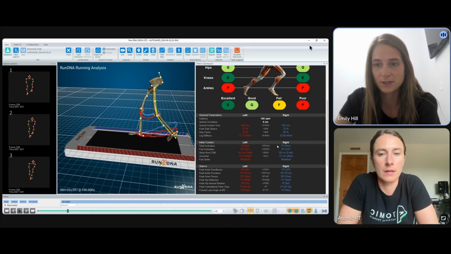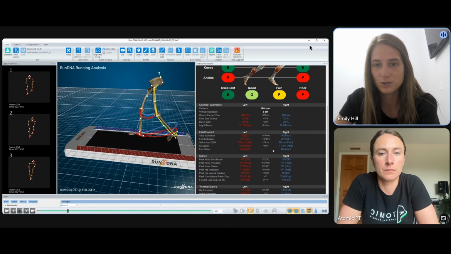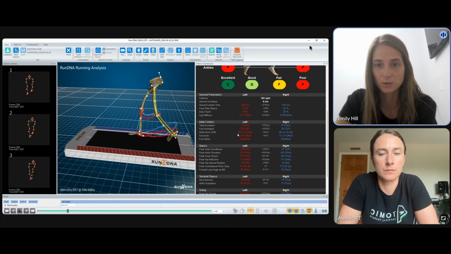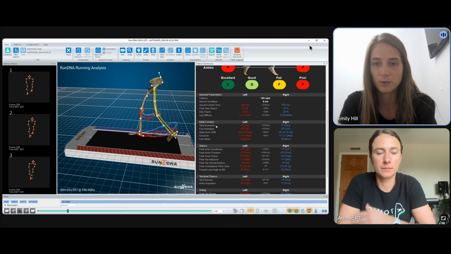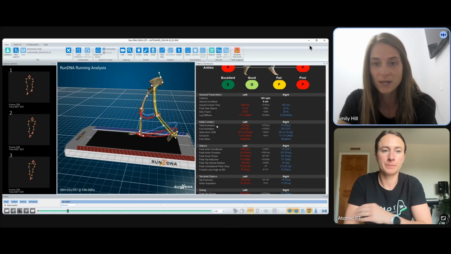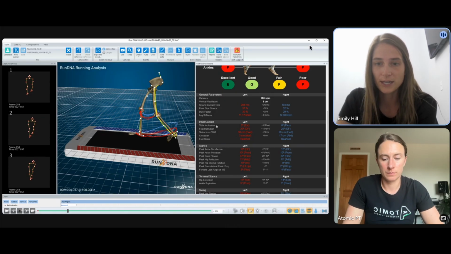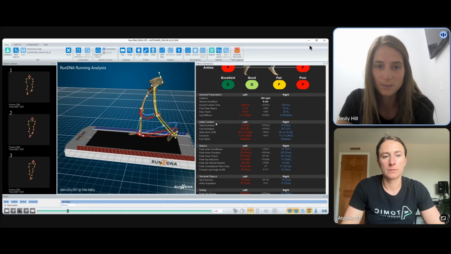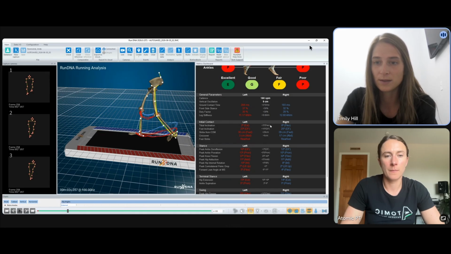Okay, so we just talked about the general parameters there. We'll look into some of these things a little bit more as we go forward, but jumping to the initial contact. So this is when the foot is first making contact with the ground, when that foot comes forward and first touches the ground. First thing we look at is tibial inclination. We know that this can be a really important one if a patient is overstriding, and we like to look at it to make sure that we're not putting any unnecessary forces through other joints, such as the hips or the knees. So if we look at this, we ideally want to be less than 3 degrees of flexion for